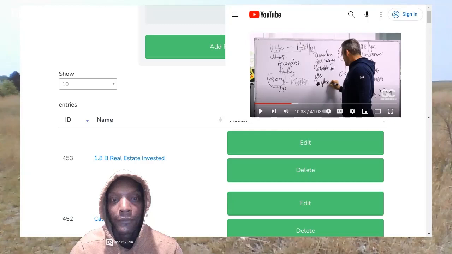Getting over that hump and deciding to write it down, it's a part of your story.